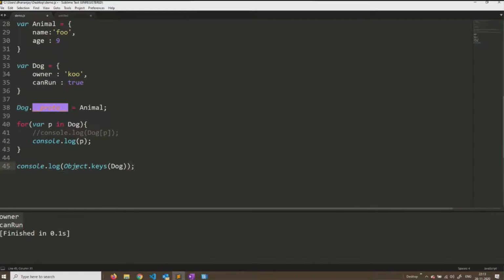Now notice the difference: when you use a for loop, it returns the object's own properties and properties from the prototypes. However, Object.keys only returns properties which are the object's own properties. So here you see that Object.keys only returns honor and canRun. However, with the for loop, you can go to the properties of the prototype. One more thing you need to keep in mind is that a for loop or Object.keys only returns properties which are